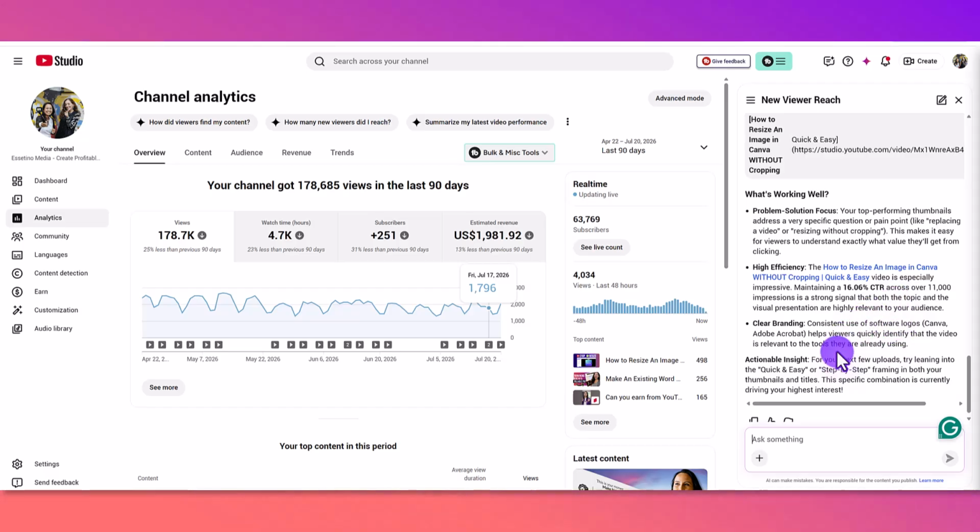So overall, it's pretty cool. I like that YouTube has incorporated AI into the channel analytics to help understand a bit of what's going on a lot easier. So I would go into your channel and check this out and see what it says and see what you can learn and see what you can implement